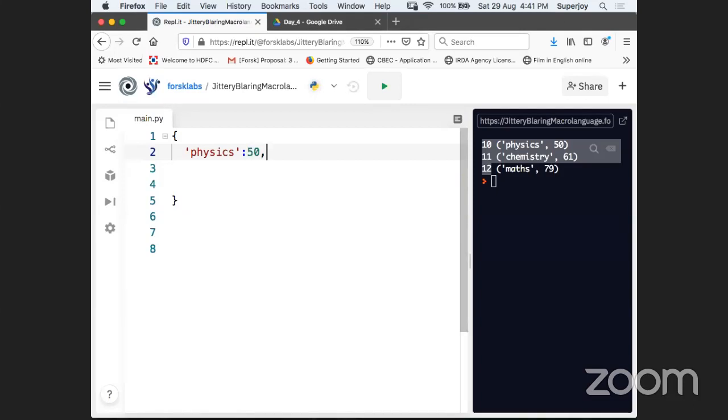Now I have a comma. Then, guys, I can add one more entry in the same dictionary. This time I write another subject name, chemistry. Then I put a colon, and then I say marks 61. So that becomes my second entry in the dictionary, guys. And now, after physics, after chemistry, I talk about the math subject. So this becomes the math subject and then a colon. And then I say how many marks it was? It was 79. So, guys, this is a dictionary, and now this dictionary has 3 records.